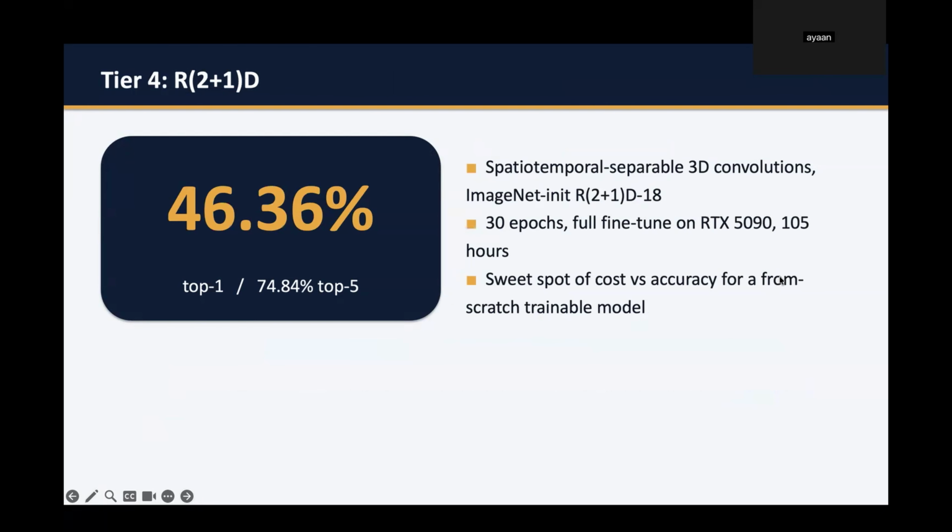Now we have the R2+1D, one of our CNN models. It got a top 1 accuracy of 46.36% and a top 5 accuracy of 74.84%. It uses spatial temporal separable 3D convolutions, and we used the R2+1D 18 pre-trained weights. We did 30 epochs on an RTX 5090. It took around 105 hours. And this model pretty much surprised us, and it was a great sweet spot for cost versus accuracy